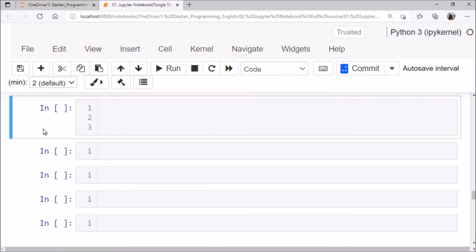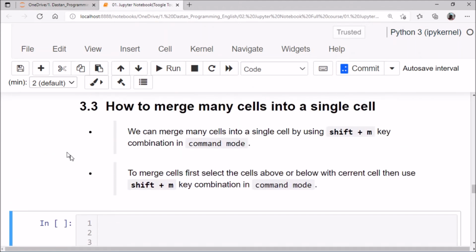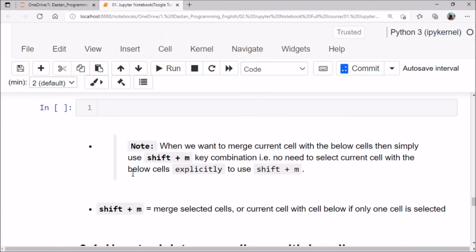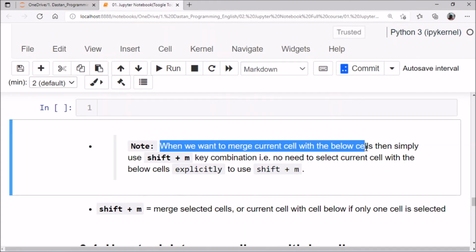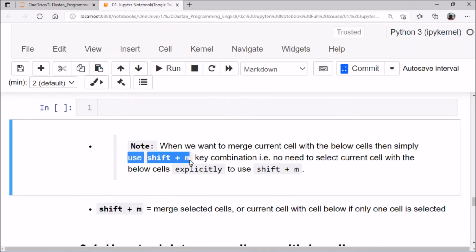And another way, if we want to merge cells below the current cell, when we want to merge the current cell with the cell below, then simply we can use the Shift plus M key combination.